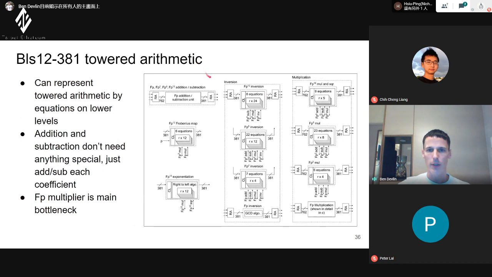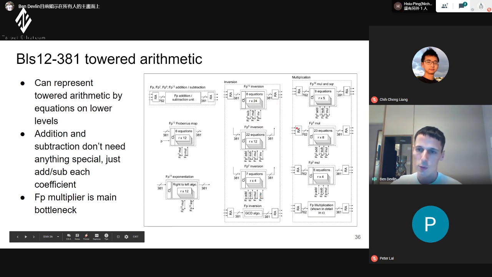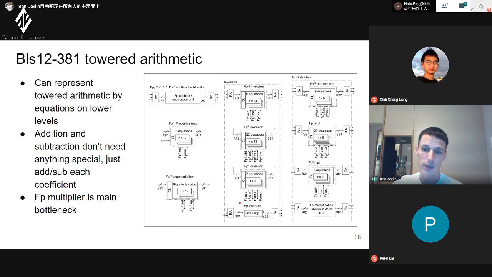And this is showing our towered arithmetic. So, for example, when we want to implement multiplication on FP12, we have our resource arbiter. We describe what is required, the equations, as well as some memory. And then we have interfaces to the lower levels. And then this will be towered on top of FP6, FP2. And then at the very final level, we have our FP multiplication. And then, for example, some of these have a resource arbiter so that we can share access, but for inversion, we don't have to share. So we can just connect our inputs and outputs directly to the blocks above us.